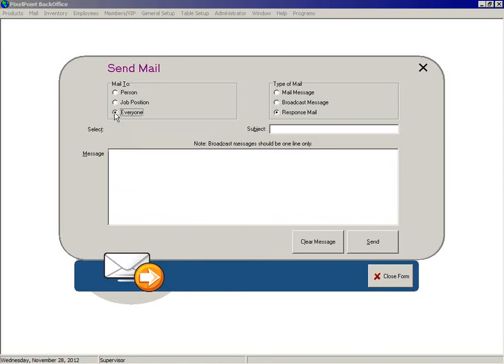And the final one is to everyone. You select on that. There's no need to select anything beyond that. Everyone on the POS system will get this message as well. Now, having selected who it's going to go to and the type of message you want to send, in this